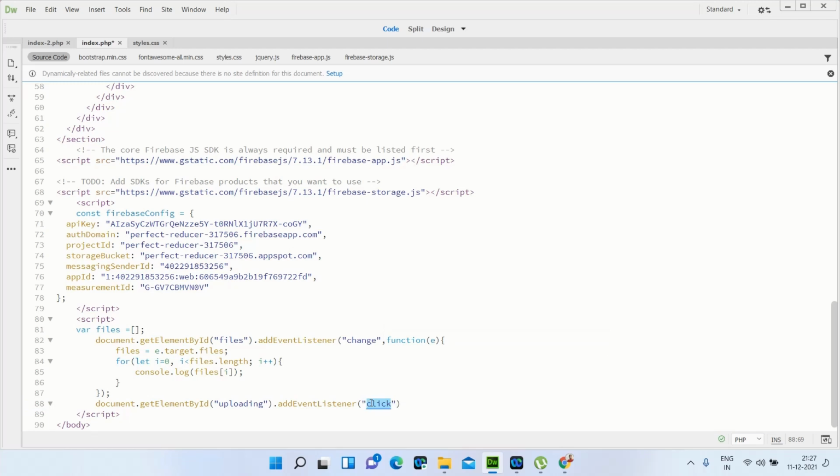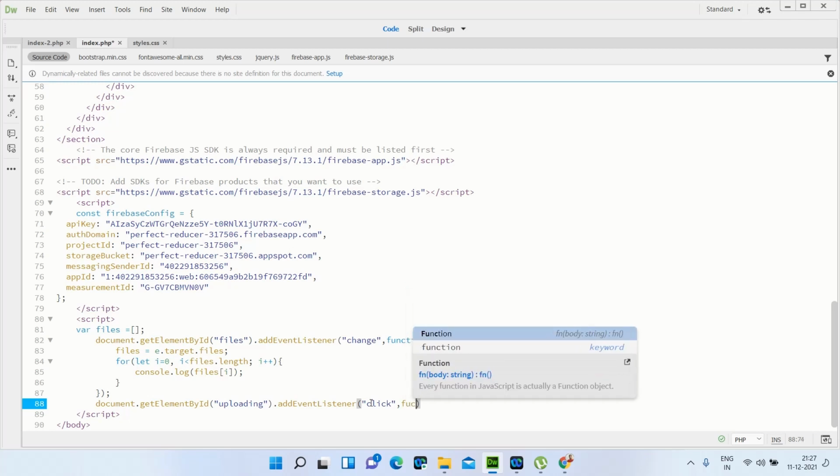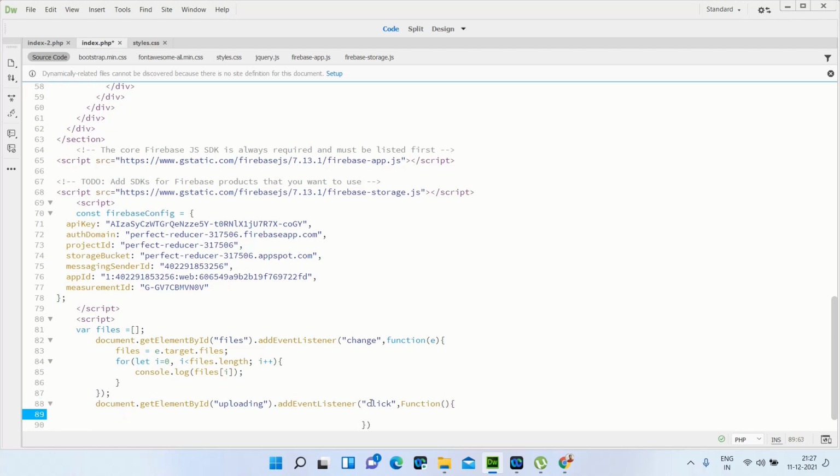So on click, dot function, bracket, and then you have to open the curly bracket.